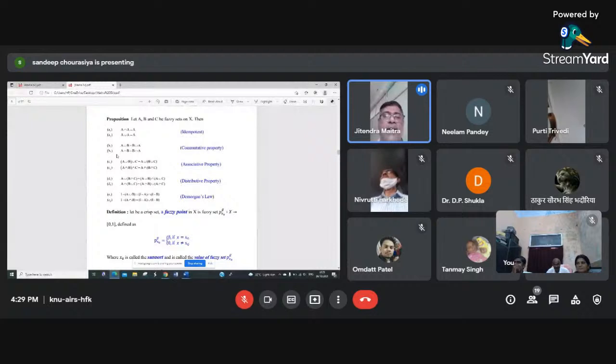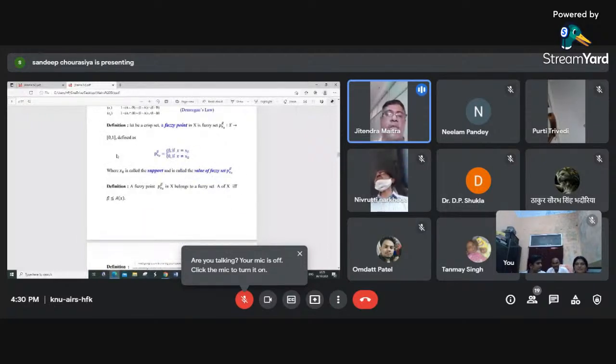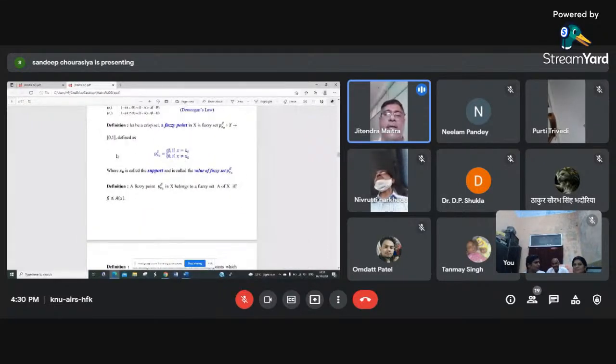These are the properties of the fuzzy set, and then after that we have defined the concept of a fuzzy point. If you want to consider any point, a singleton set, then for studying a singleton set, we take the value 0 at all the points that are not equal to x0, and at x equal to x0, we take its value as a real number greater than 0. So that is the definition of a fuzzy point.